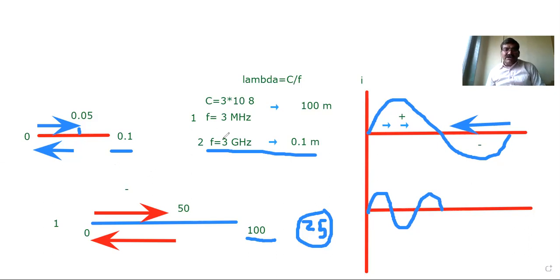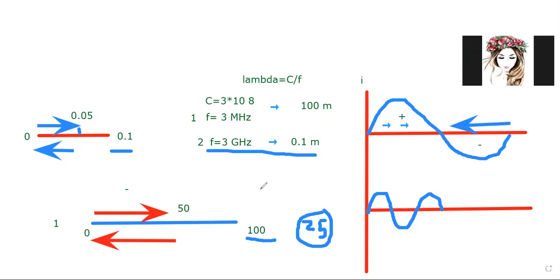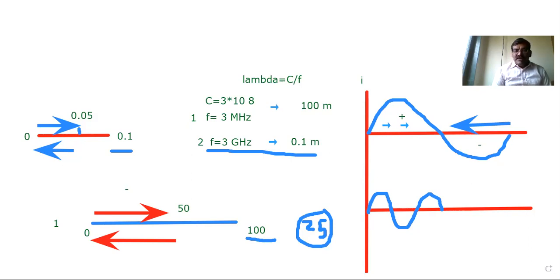So is there any question in this? Sir, if the wavelength is less, then more information is transferred by the antenna, right? Wait. Here there is nothing to do with information. Here, when we talk about wavelength, we are talking about the carrier, not the information. That is a different part. We are simply talking about the carrier waveform.